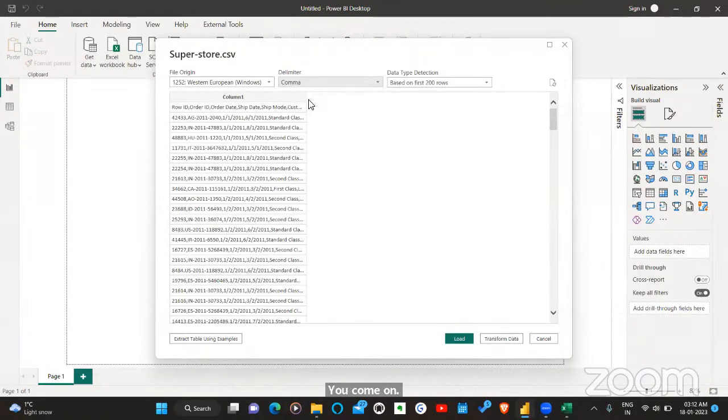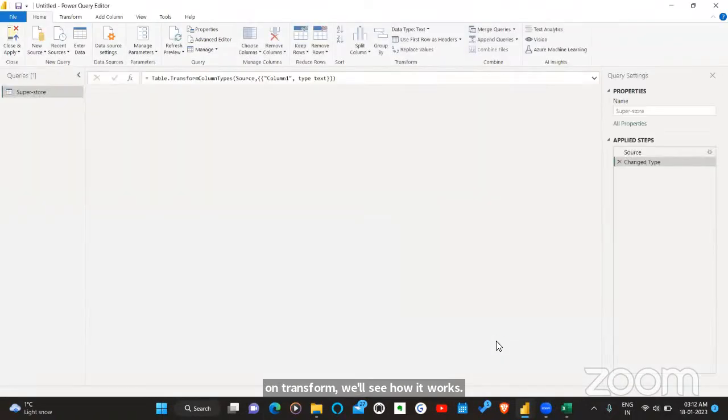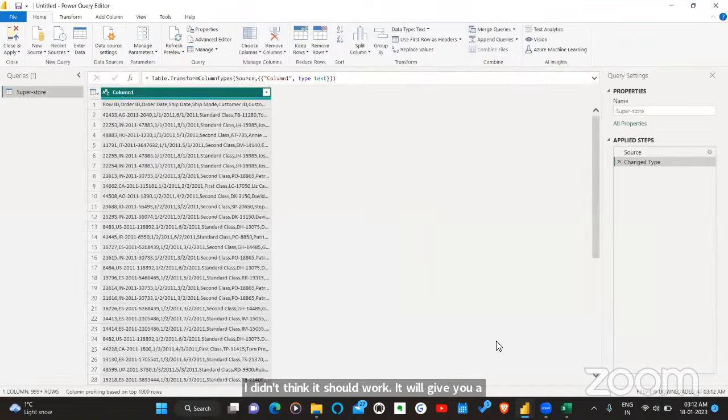We'll see how it works. Click on transform. I think it should work. It will give you separate rows and columns. It is still fine, we can still do it.